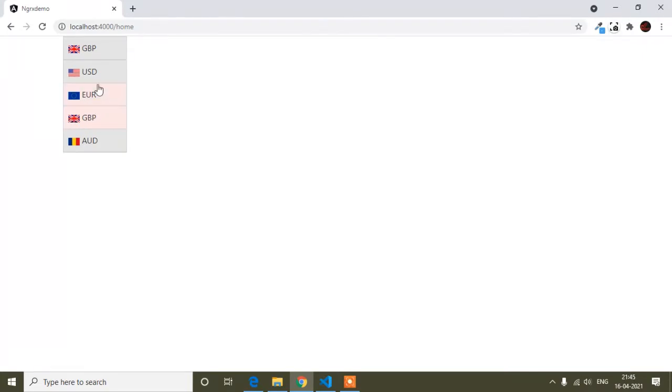I mean, wherever I click, that one will get the selected background color, and the data will change. Now again if I click the euro, you can see it changes. And if I click here, the drop down is removed. All of these things I have written as custom code. Here I will show you how you can do that, and this is a very important thing.